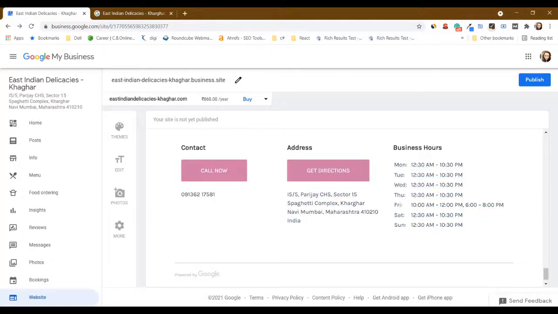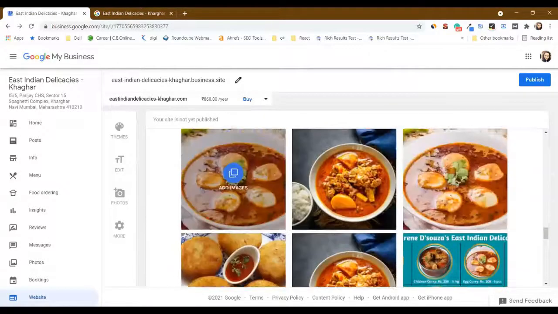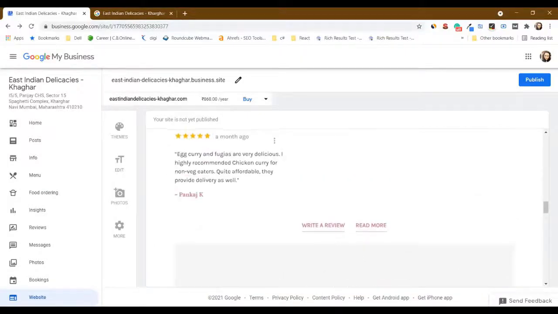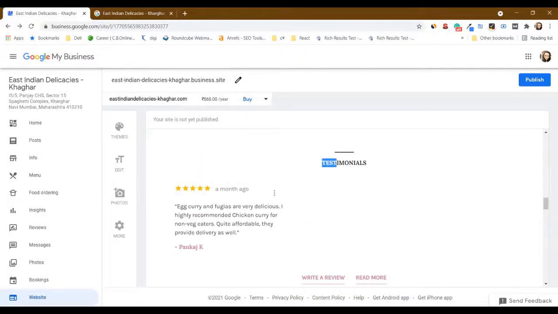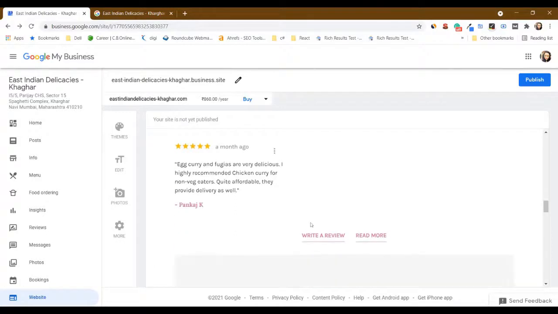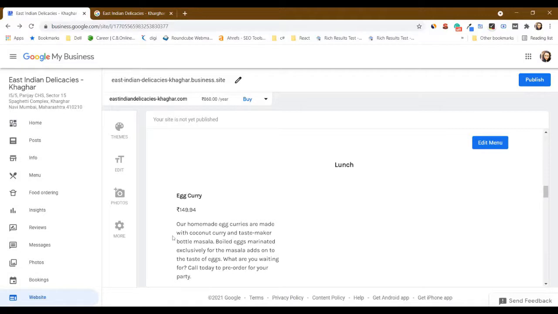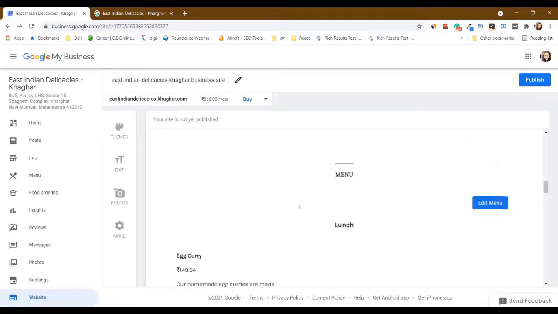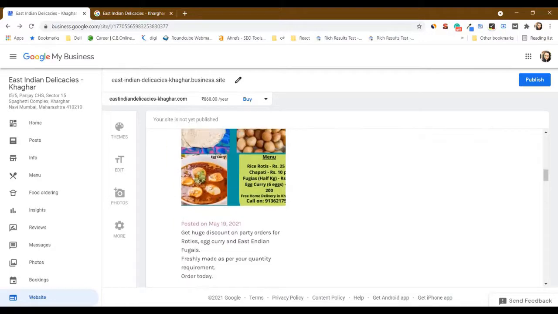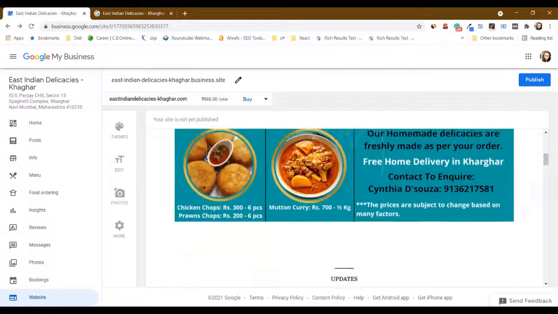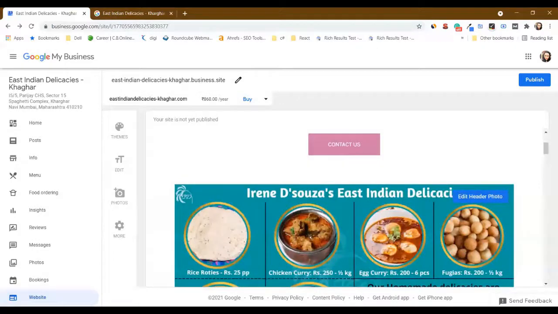So automatically the Google My Business website captures all the information. Alright, so here you can see that I have added photos, so it has captured the same. I have received some testimonies, some reviews on my Google My Business profile, so it has been captured on the website as well. Similarly, I have added a product and the product has been captured on the website. So similarly, this is basically a small dummy website. So for your website, the more information you keep adding, the more you will be able to show to your audience.